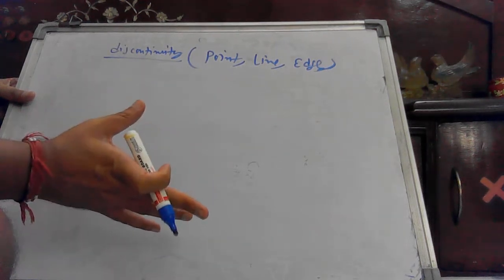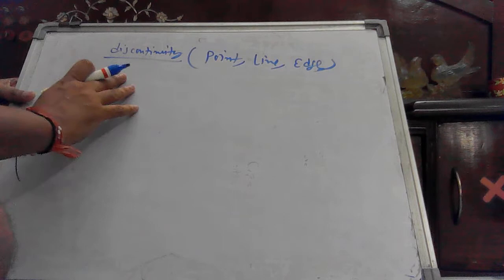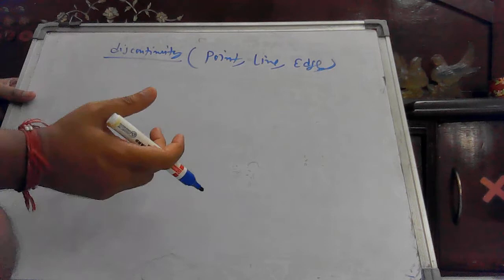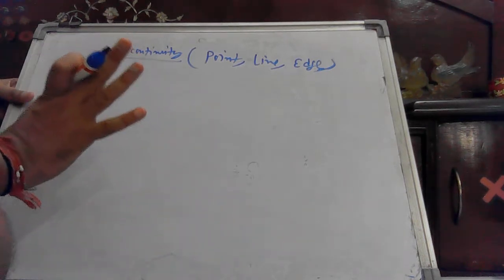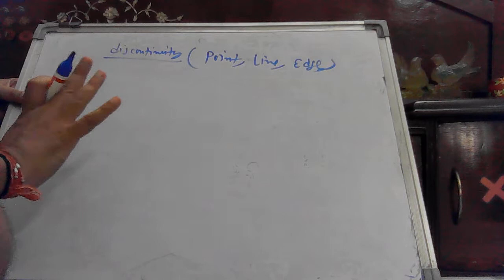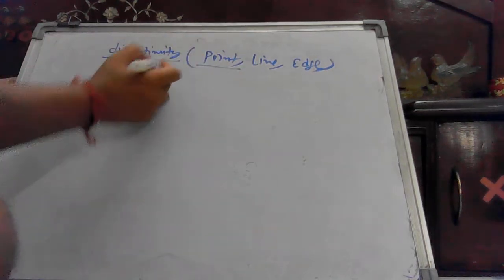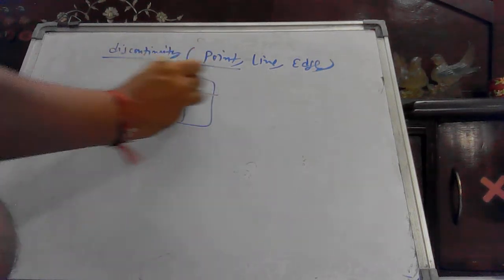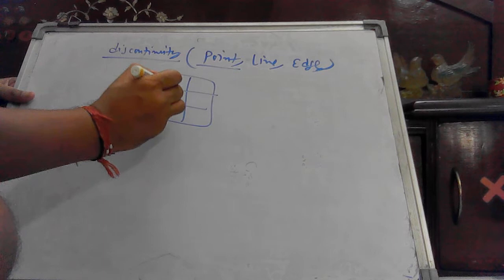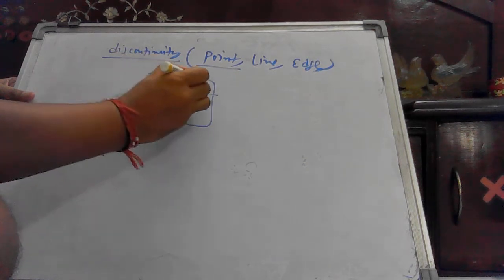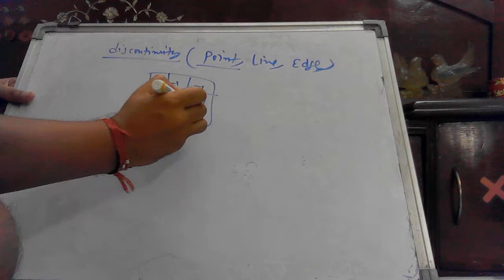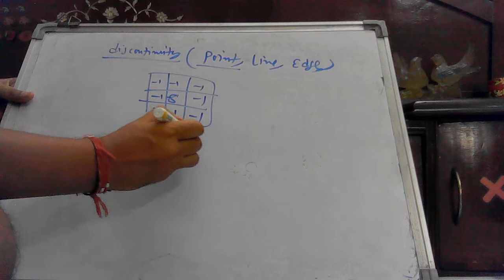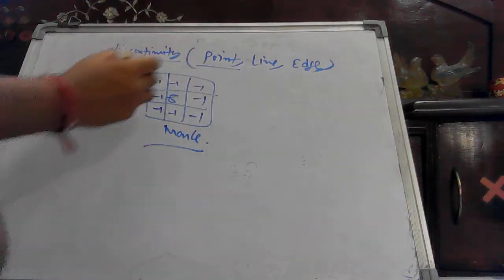Normally, whenever you are trying to detect high frequency components, your mask should be such that the sum of all the coefficients is 0. In point detection, I could use different kinds of masks. One common mask that I have already told you about is a 3x3 mask with the center pixel, let's say +8, and all the remaining pixels as -1. So the sum of all the coefficients in a mask for detecting discontinuity is 0.